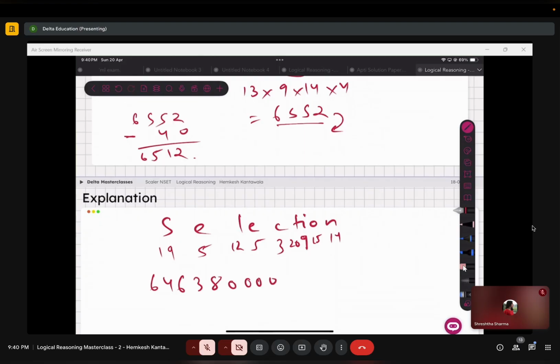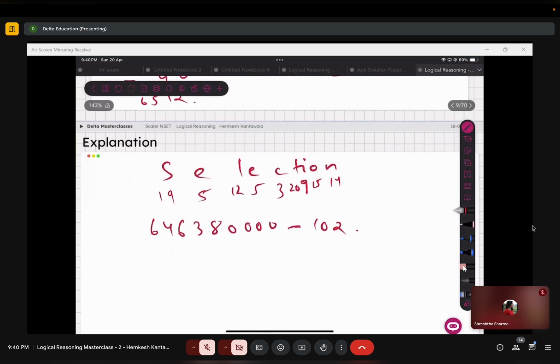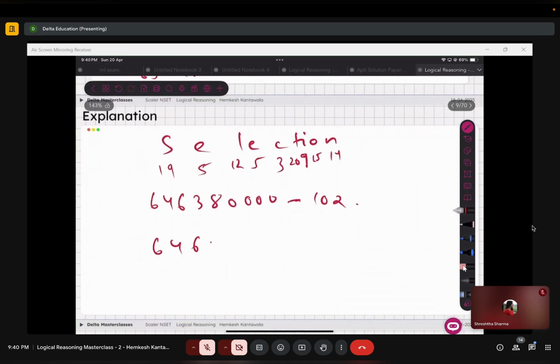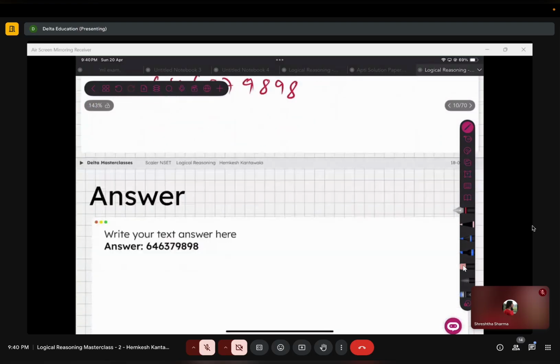646,380,000 minus their sum. What is the sum? 19 plus 5 plus 12 plus 5 plus 3 plus 20 plus 9 plus 15 plus 14 gives 102. If we subtract it, 646,380,000 minus 102 gives us 646,379,898. And this would be the answer,